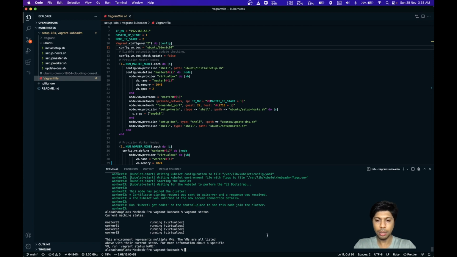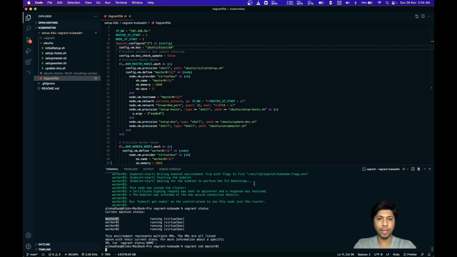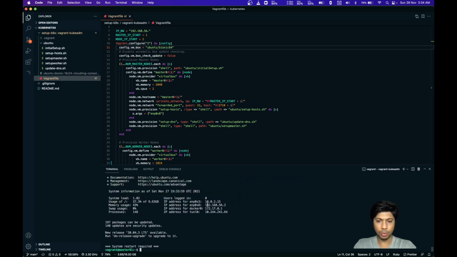Now let's get into the master to verify if the Kubernetes cluster is running perfectly. Vagrant ssh master 01, from where we can validate things. So here you can see the master is having IP address 56.2.